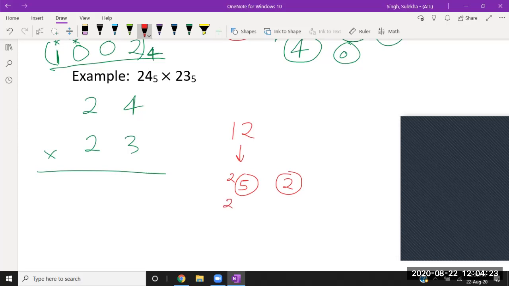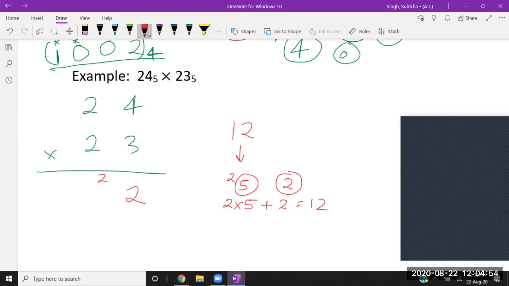So we can write it in this way. I can make 2 pairs of 5 with this 12, and with the addition of this 2, I can make the full combination of 12. So this 2 pairs of 5 means this 2 is my carry, and this remaining number after making 2 pairs of 5, I am writing here.